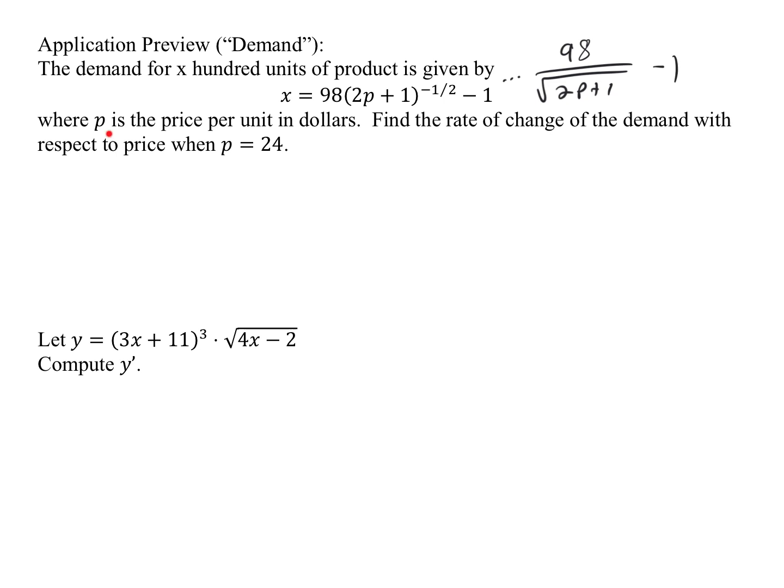So that's our function. P is the price per unit in dollars, and we want to find the rate of change of the demand with respect to the price. Now, the first thing worth thinking about is, when we are asked to find a rate of change, what does that mean? Rate of change always means compute a derivative. So the rate of change of demand would be